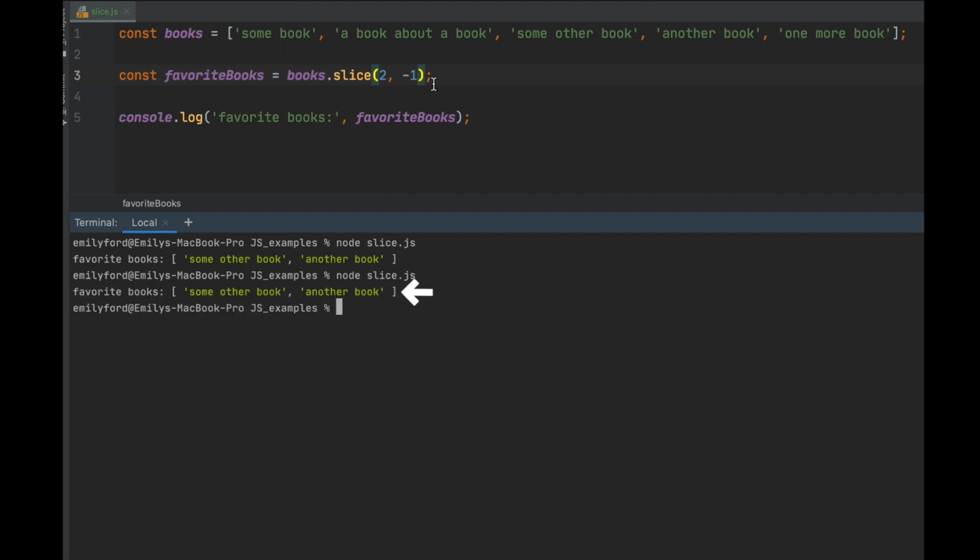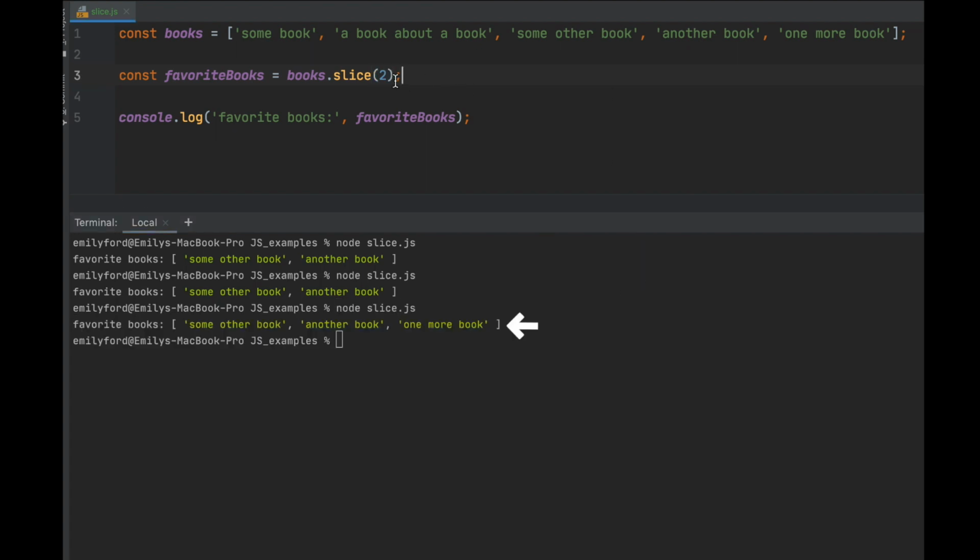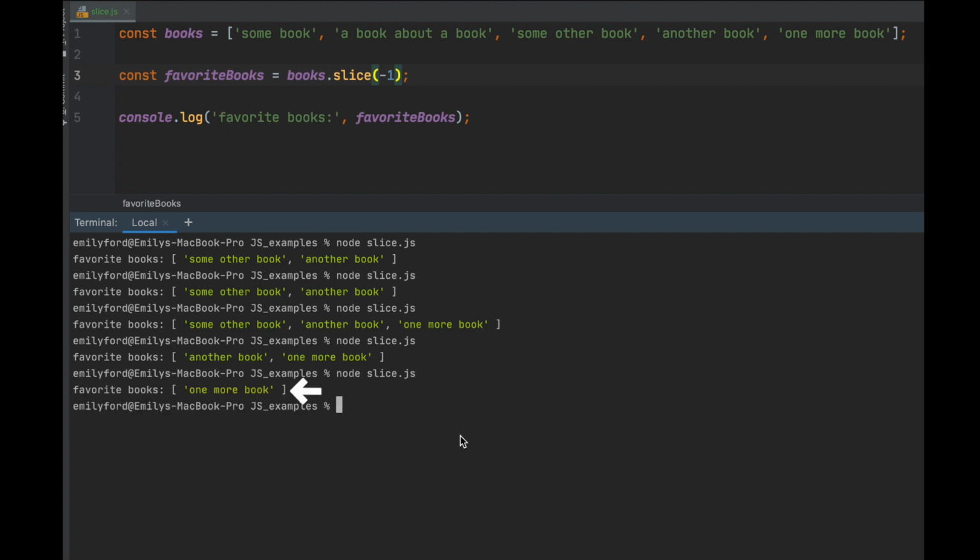same desired result. Let's test out only having a start index of 2. We'll run this using node, and we'll see it'll be the second index along with the rest of the array. We'll change this to -2, which is equivalent to the third index spot. We'll run this using node, and we'll see that it's the third index spot along with the rest of the array. We'll do the same with -1, and we'll see it's the fourth index along with the rest of the